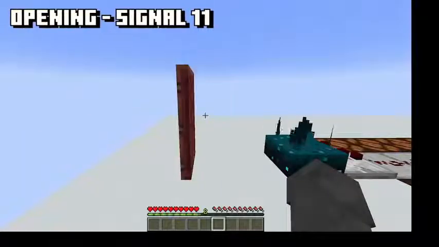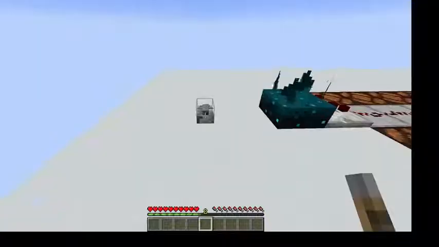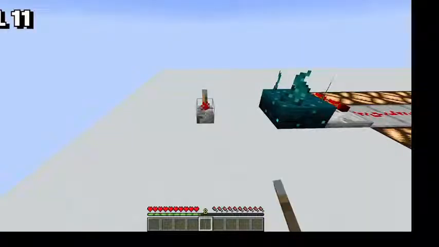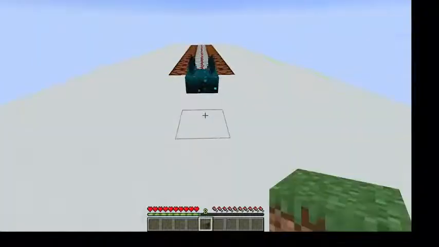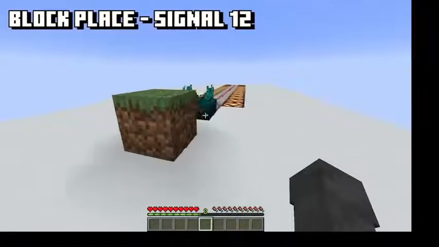Closing a door gives you 10, opening a door gives you 11. Activating a lever, a button, a pressure plate, anything like that, will also give you 11. Third and final 11, attaching a tripwire. If you have a block and you place it down, a Sculk Sensor will see that and give you a